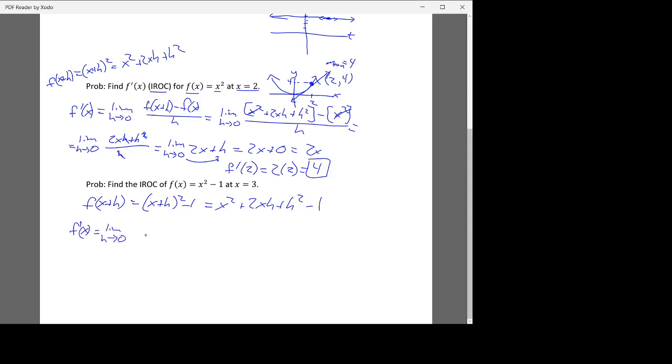We have to shrink that h down as we look at these slopes of secant lines. So I'll write this in. And I'm going to put these big brackets in there just to make it clear. So we have x squared plus 2xh plus h squared minus 1. That's the f of x plus h. Then